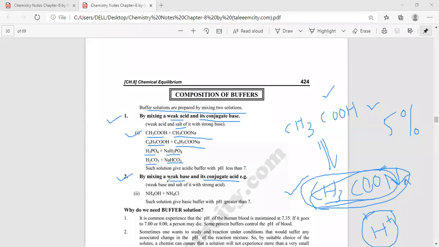Weak bases have strong conjugate acids, because the weak base dissociates and forms the conjugate acid. That conjugate acid is strong because it quickly accepts the proton if the proton is present in a medium. Clear? For example, NH4OH is a weak base, sorry, not acid. NH4OH is a weak base. If this weak base dissociates into its ions, it will form NH4 positive plus OH negative ions.